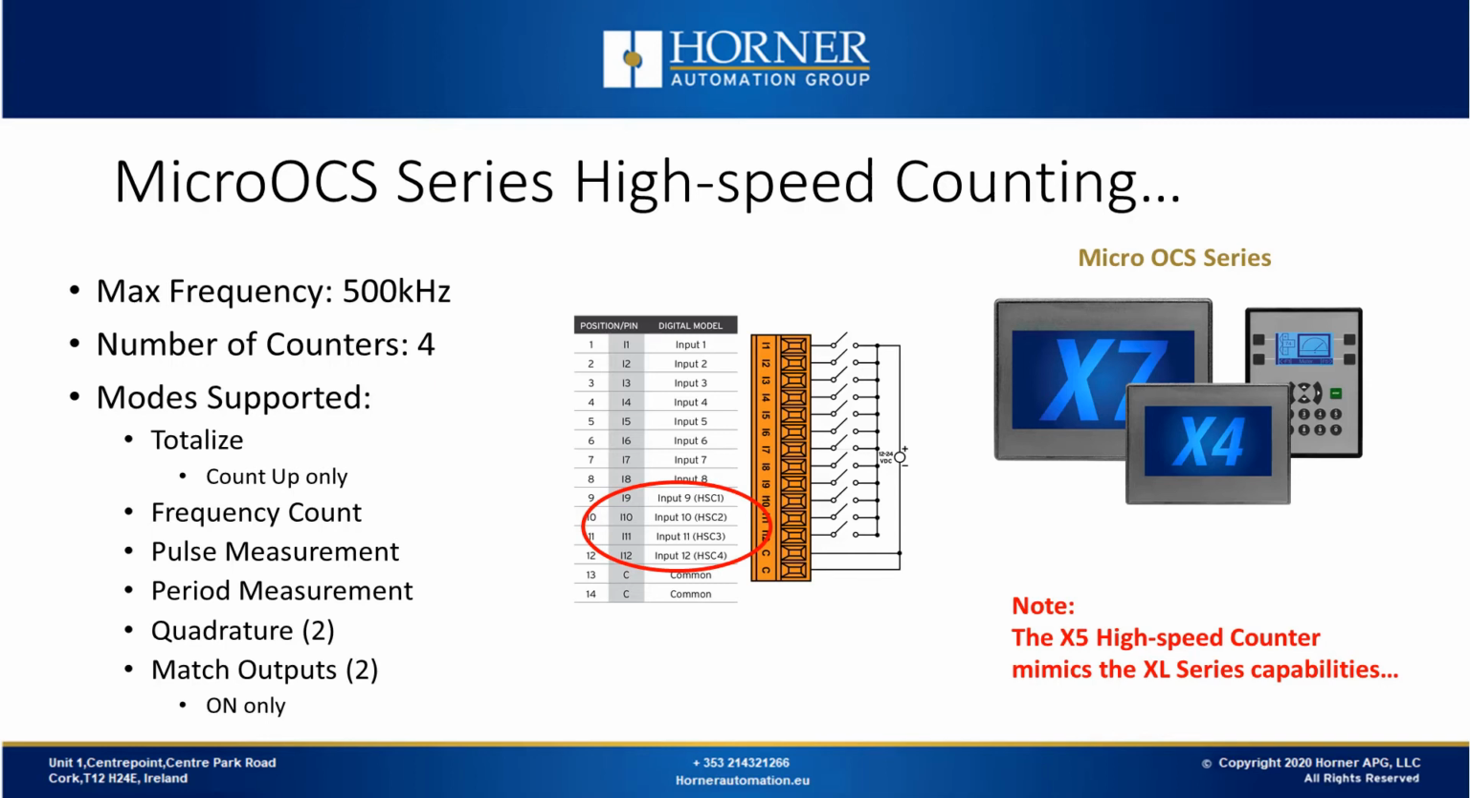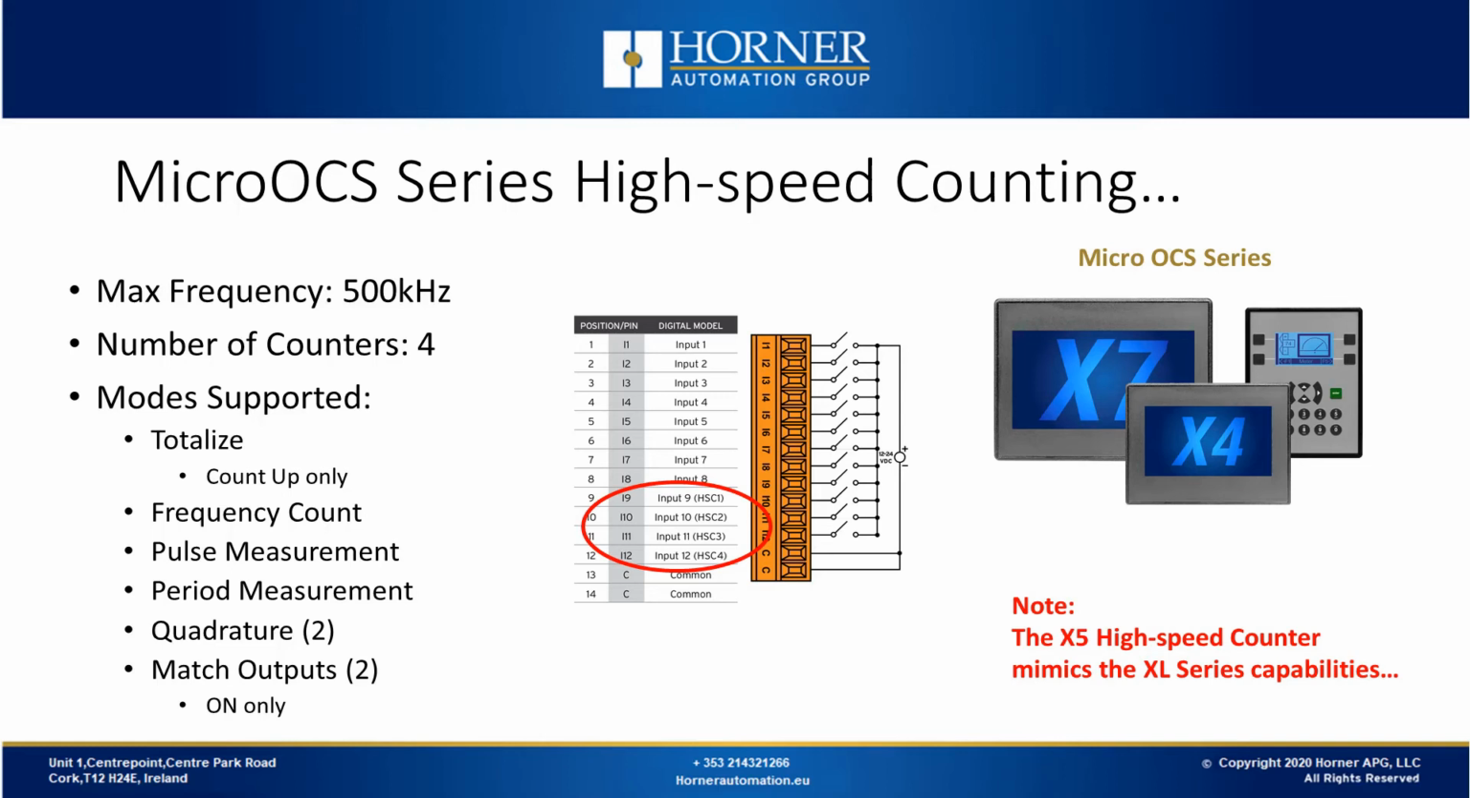Let's start by looking at the MicroOCS series. This is a very cost-effective line. The max supported frequency is 500 kHz. Most entry-level products are around the 1 to 10K range. We can handle signals up to 500K. We can also handle up to 4 counters. It does not support all the totalization modes for totalizing. It primarily supports counting up, but also supports frequency counting, pulse measurement, period measurement, and can handle up to 2